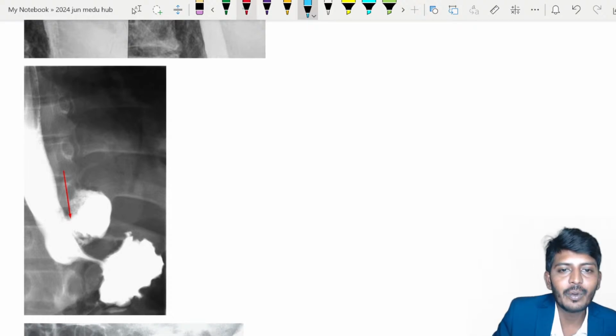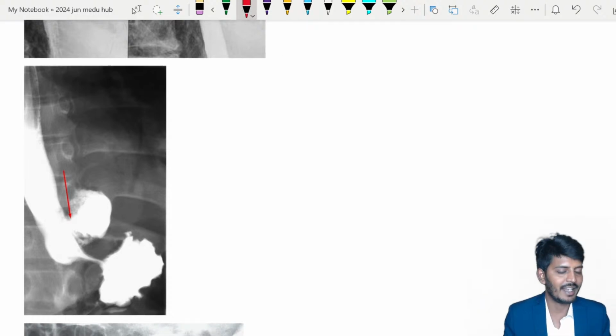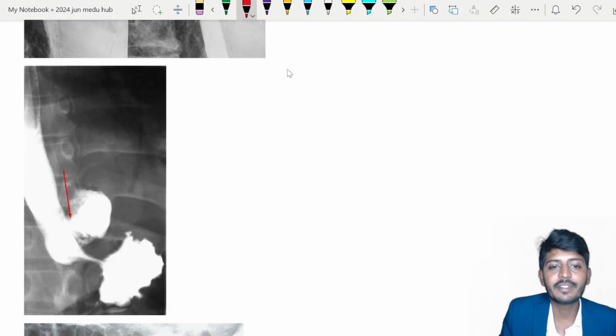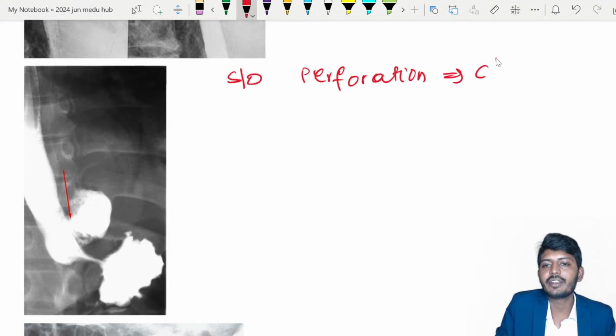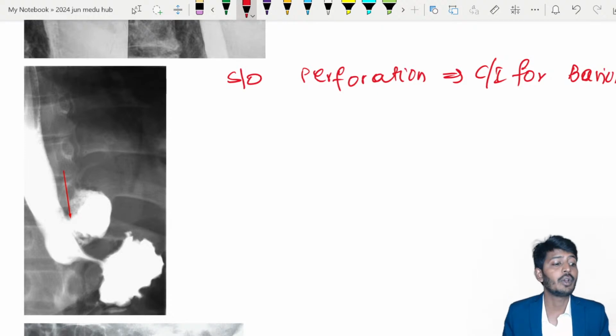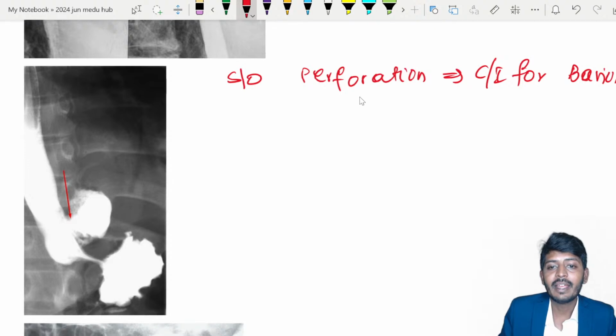Now in this image, if you notice, I have given a barium contrast. Normally if I give a barium contrast and take the images, fine. But if there is a suspected case of perforation, please remember, it is a contraindication for barium. You are not supposed to use the barium, because barium is an irritant which can cause